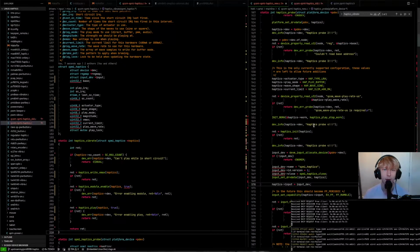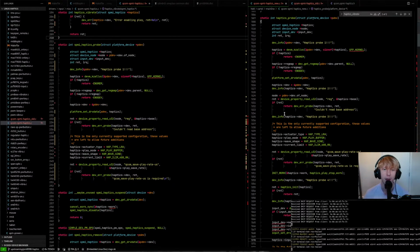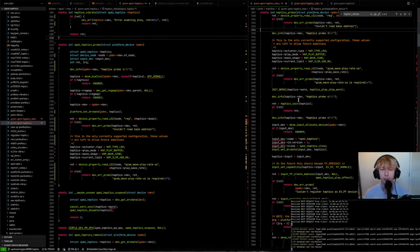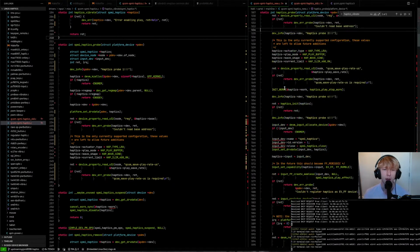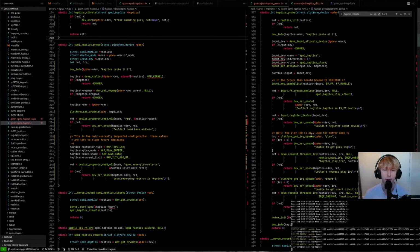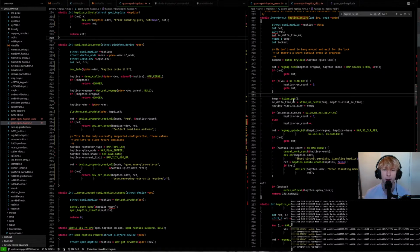You've got to be really careful when implementing your probe function to avoid bad things happening. An example of that, which this old driver dealt with in a very bad way, is this work function here. This work function is scheduled to happen by the short circuit IRQ handler. If it detects a short circuit, like the actuator has blown up or there's some safety mechanism, then it will...